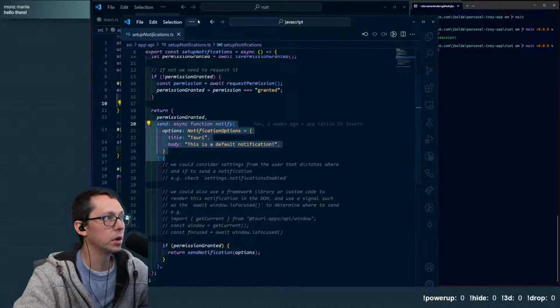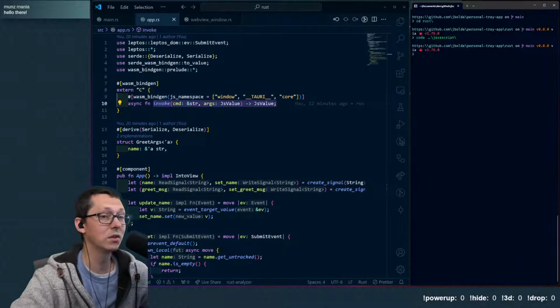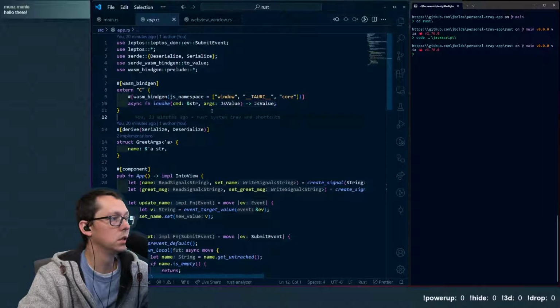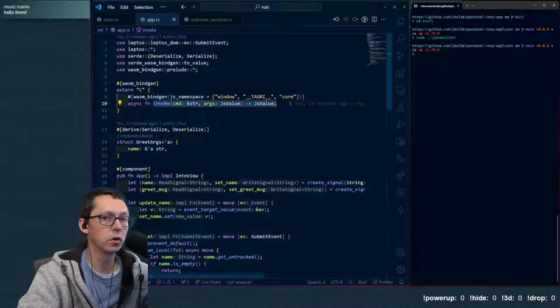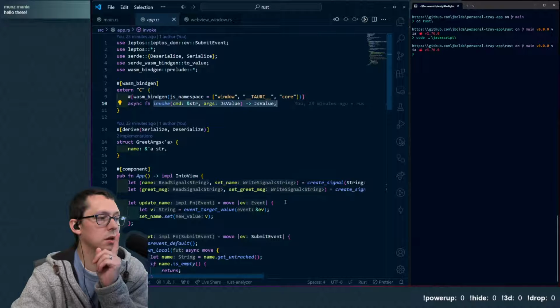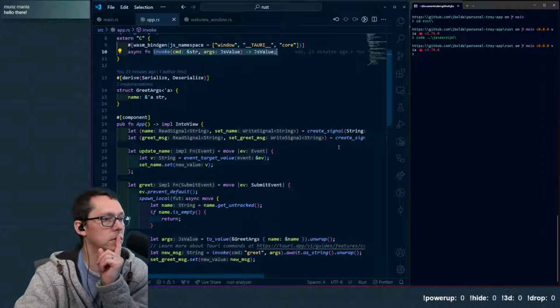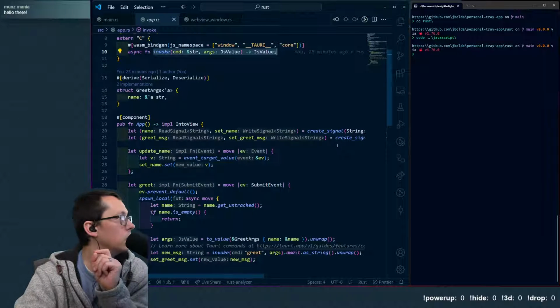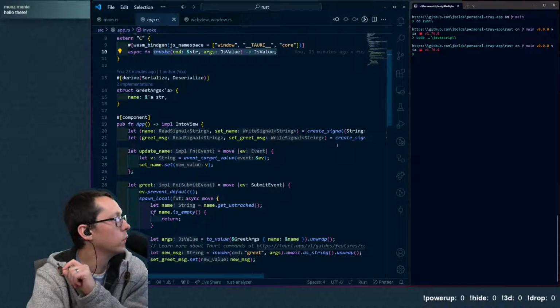But this is in JavaScript, and I think we kind of want to do some of it in Rust. And I'm kind of okay using this invoke directly. So I think that's going to end up being the thing that we want to talk about a little bit, and where most of